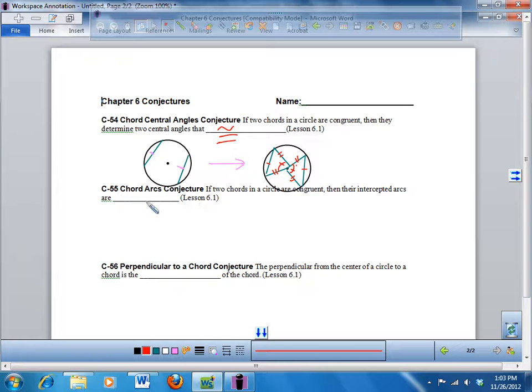Chord arcs conjecture. If two chords in a circle are congruent, then their intercepted arcs are